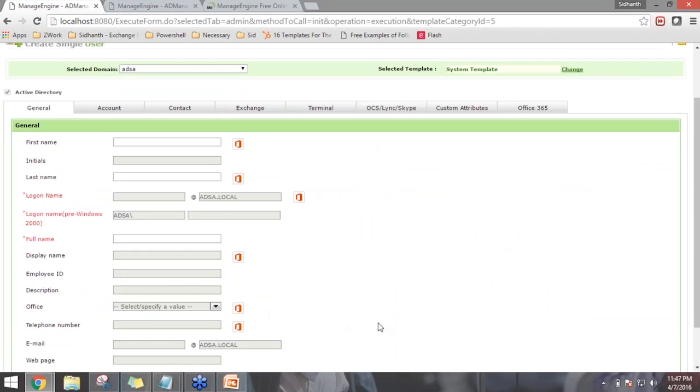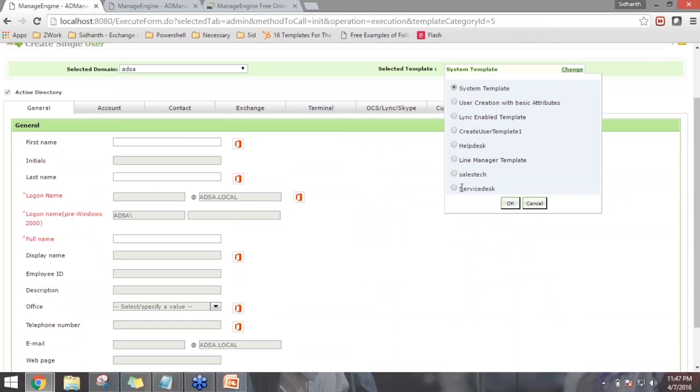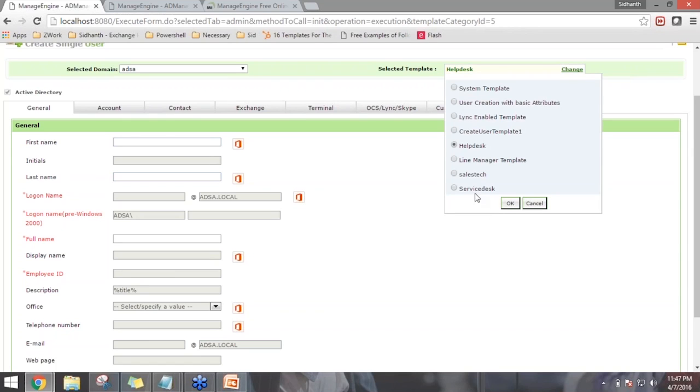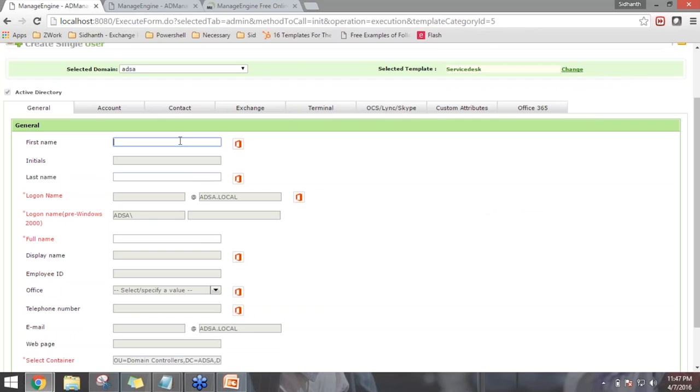But if you can define the templates which have to be chosen for the HR, he will have them found over here. So for instance, if I need to create a help desk account, I can simply choose the help desk template over here, click on OK, and from my end, the only information I will be providing is just the first name and the last name. All the other information will be populated in the template itself. So let's go with a different template over here. And what I would do is just the first name